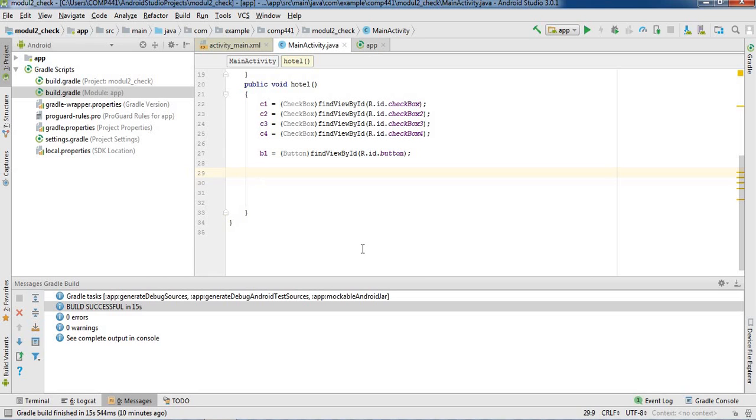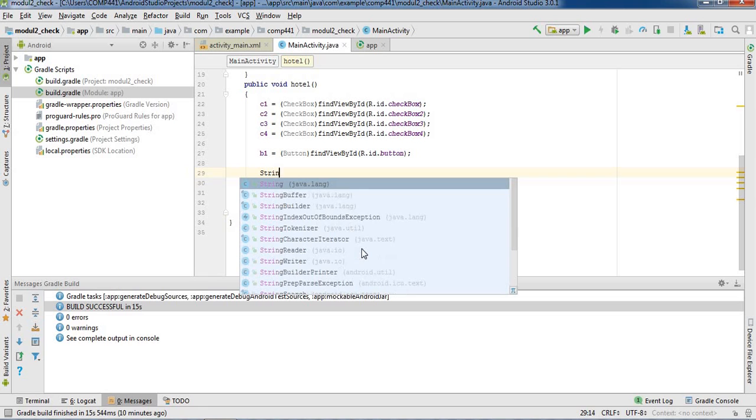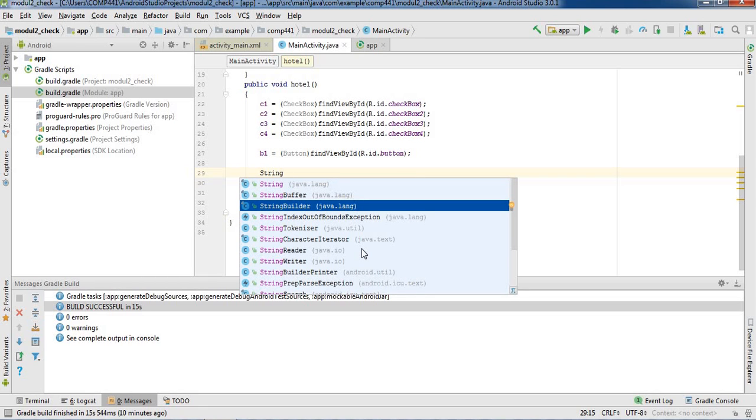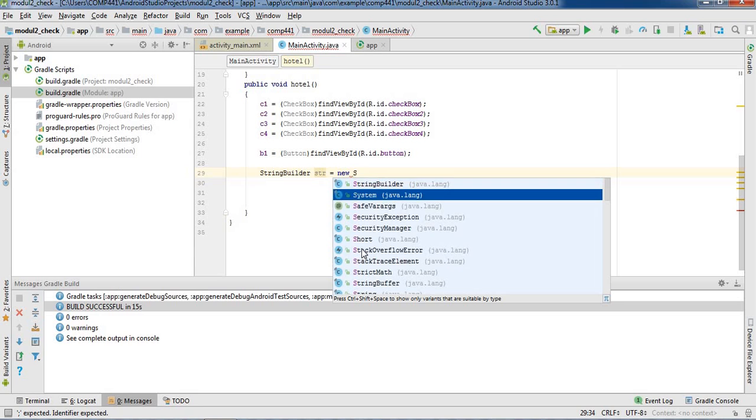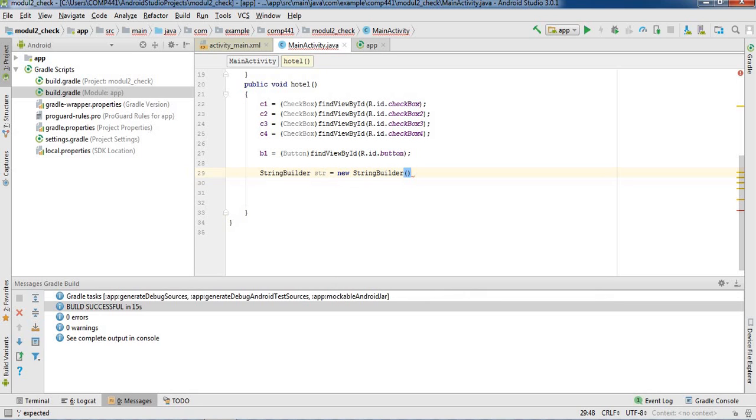So you need one string builder. We are going to create an object as str, StringBuilder str equals new StringBuilder. Is that clear? By using this you can store the user preferences in this str.